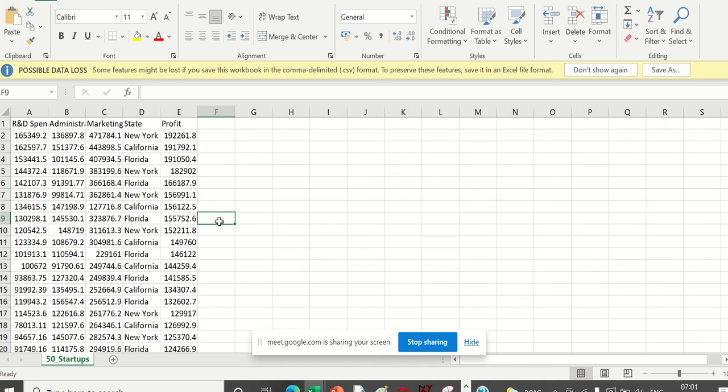If they had 1 crore rupees, how they have divided that into R&D, research and development, administration, managing people and giving them salary, and marketing, how many advertisements they have published, and state, which state they were operating in. For example, in India, if a business starts in Mumbai, they will get maximum exposure because they have everything there. In Bangalore, maybe the popularity might be slightly less. Like that.